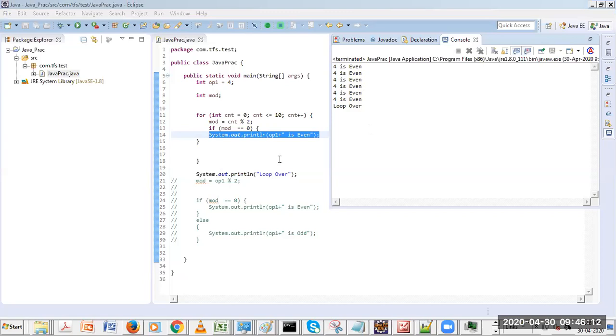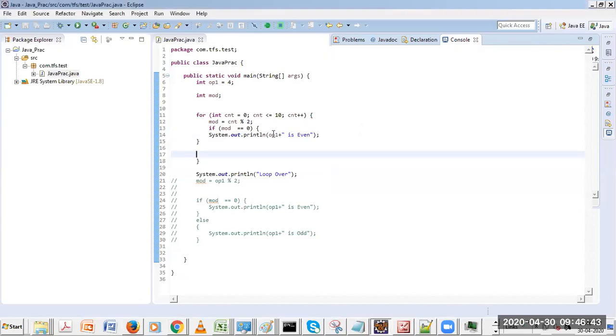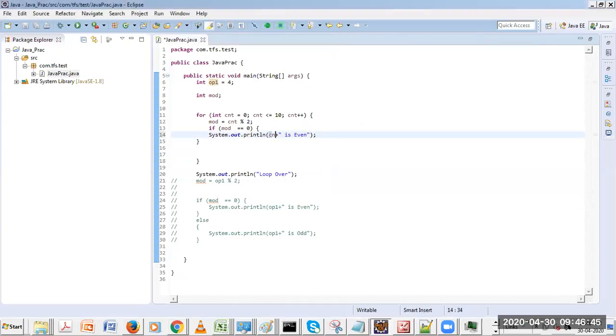Good. So some of them are saying count mod 2 should be in the if. Okay. Mod is also correct, right? Count mod of 2 is nothing but mod. So what changes should I make so that I don't get this improper statement? See, is the problem with the calculation? I suppose no. Mod is getting calculated, yes. If is getting satisfied, yes. The problem is in the statement which is getting printed, if you can see properly. So I should print count over there, right? Yes, exactly. So instead of op1, I should say count over here.